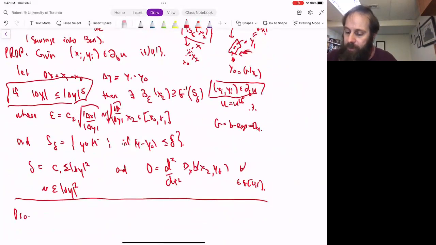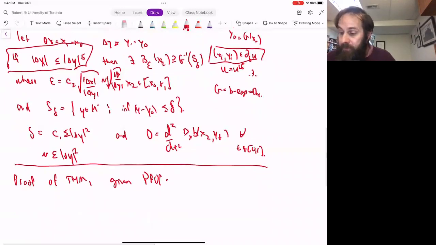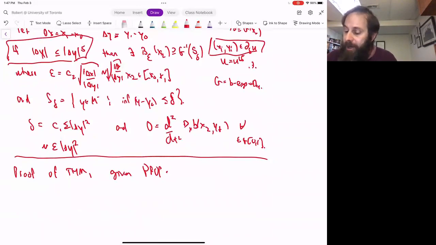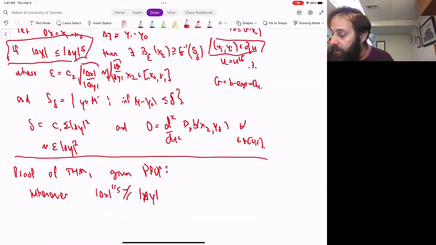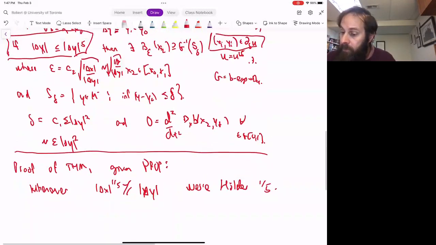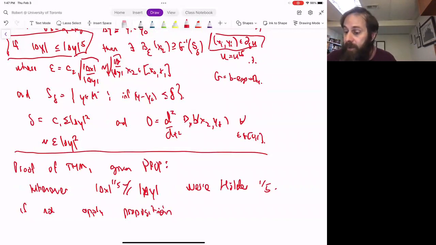So let me try to do the proof of the theorem given the proposition. Taking the proposition for granted. So the points where the opposite inequality holds, whenever this is bigger than or dominates delta y, we're already in good shape. And if not, apply the proposition. So if you can find a pair of points x0 and x1, and the corresponding points y0 and y1, which violate this inequality, apply the proposition to get x2, delta and epsilon,